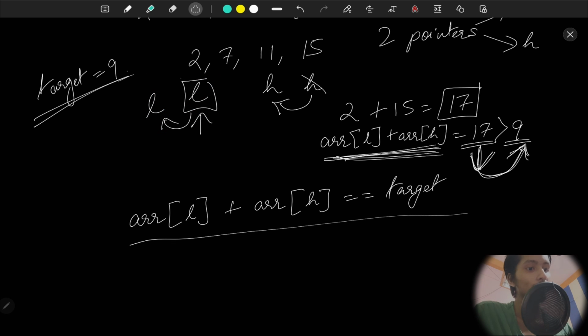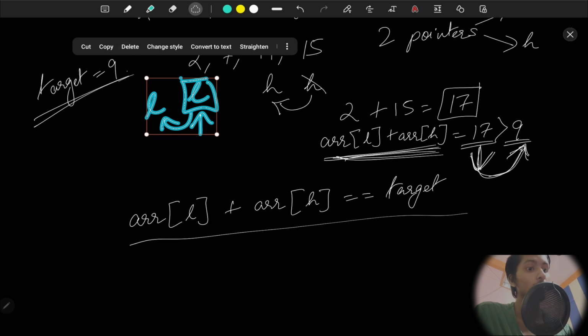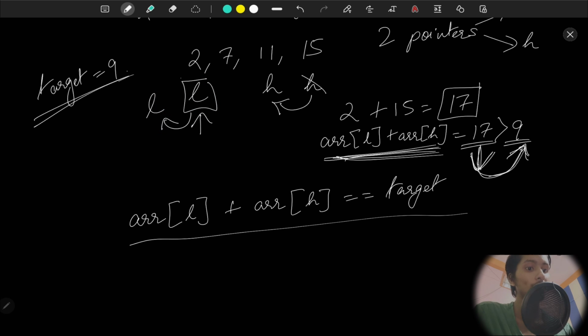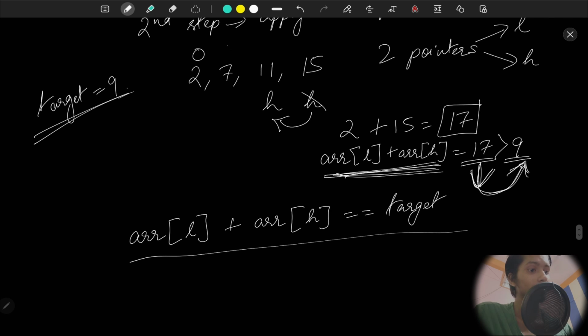So if we need to lower the sum of array of low plus array of high, all we have to do is just left shift the high pointer, right? So okay, we have left shifted the high pointer from here to here, and so the indices of the elements will be 0, 1, 2, 3. Okay, so now what is the sum of array of low plus array of high? It is nothing but 2 plus 11, which is equal to 13, so obviously we have gotten closer to